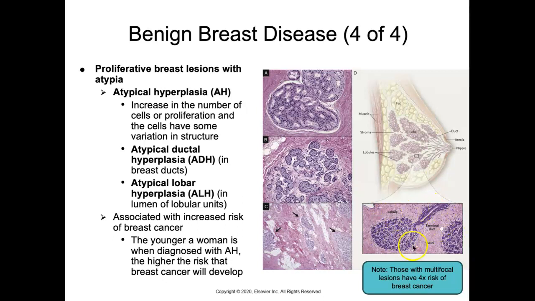And here, this is what our microanatomy of the breast typically looks like, so that we can see the terminal duct and it attaching to a lobule with the different acini. So in this type of benign breast disease, we do see that it's associated with an increased risk of breast cancer. And the younger a woman is when she's diagnosed with atypical hyperplasia, the higher risk that breast cancer will develop. So to treat it, we focus on relieving symptoms, but we also want to do some other lifestyle changes,